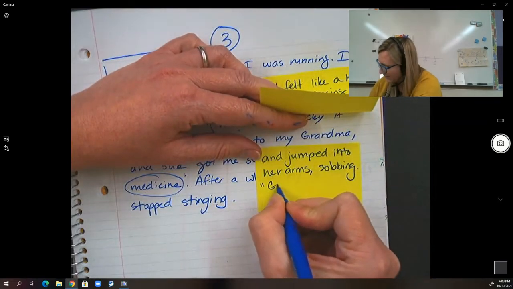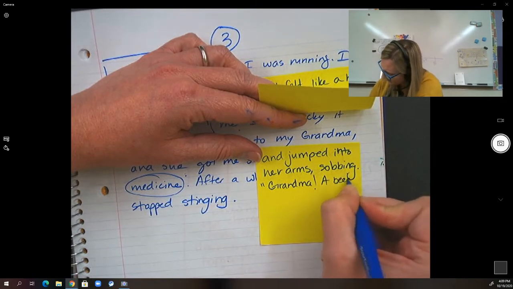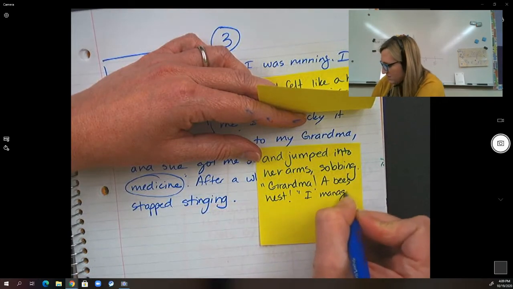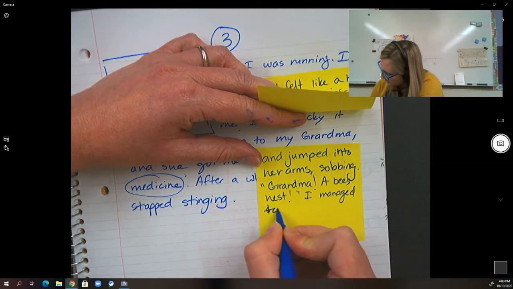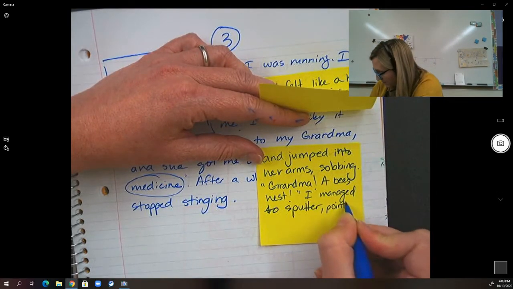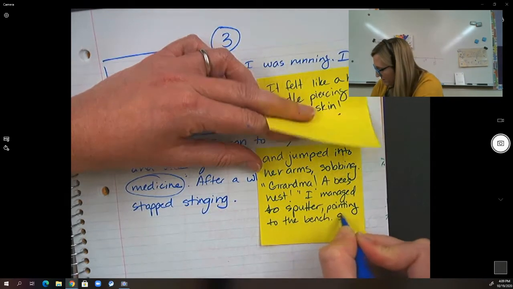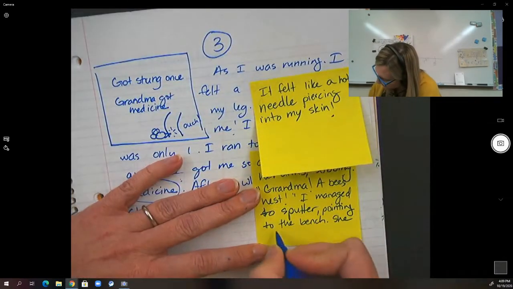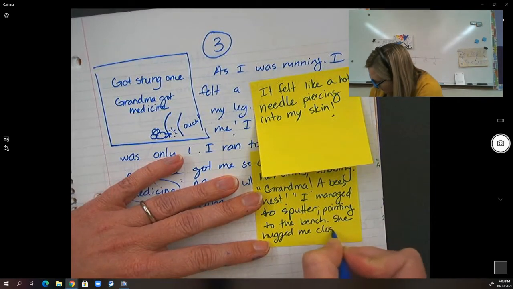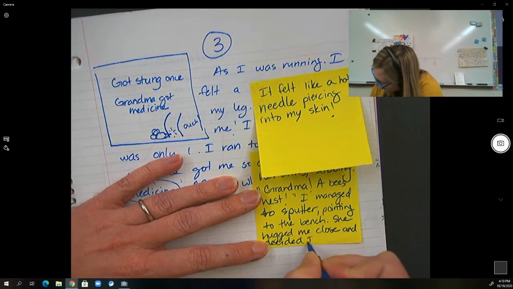I'm going to use some dialogue. Grandma, a bee's nest. I managed to sputter. I like that word, sputter. Pointing to the bench. She hugged me close and decided I needed,